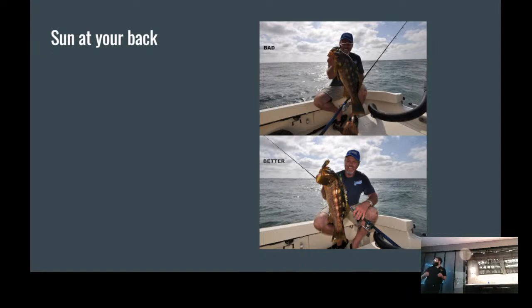So just keeping the sun on your back is great, because if you can angle that sun to give you more light, it'll help a lot more in the long run to get a cleaner image. We can make an image darker. It's hard to make an image lighter. That's what I always tell people. The more we make the photo lighter, we wash out certain things. We get rid of color, saturation, hue. But if we can make the image darker, the exposure, we drop that down a little bit, it usually will